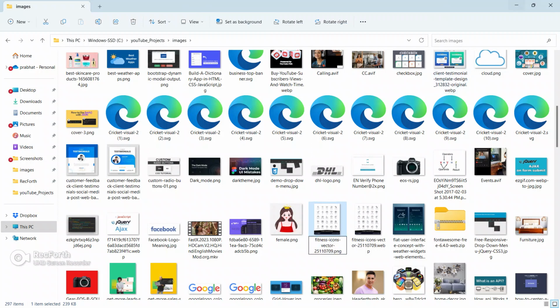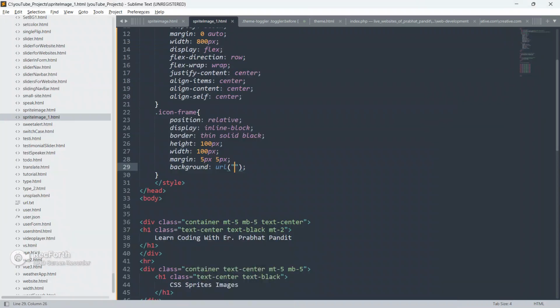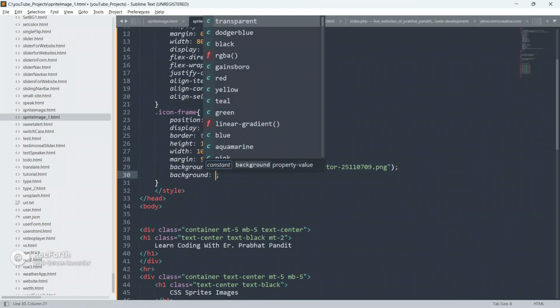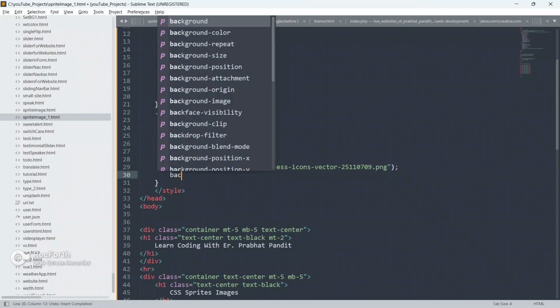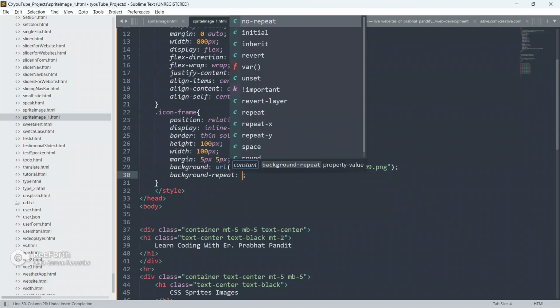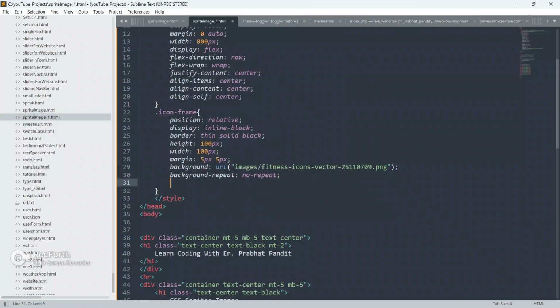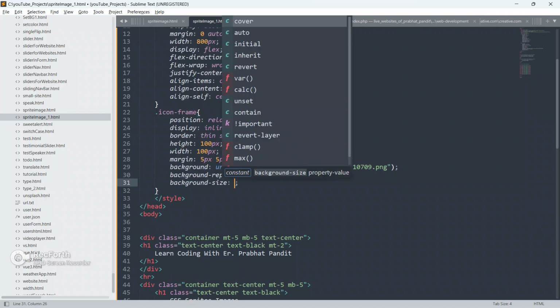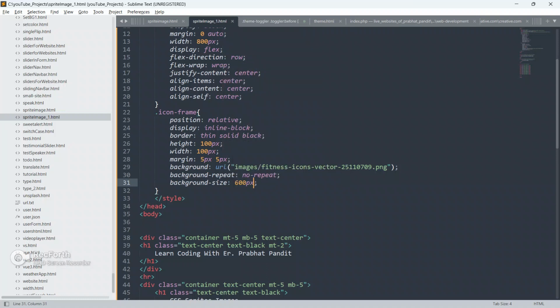So let me just copy the image name from here, and put images and put it here, and we are gonna put background repeat, no repeat, and we are gonna put background size as 600px.